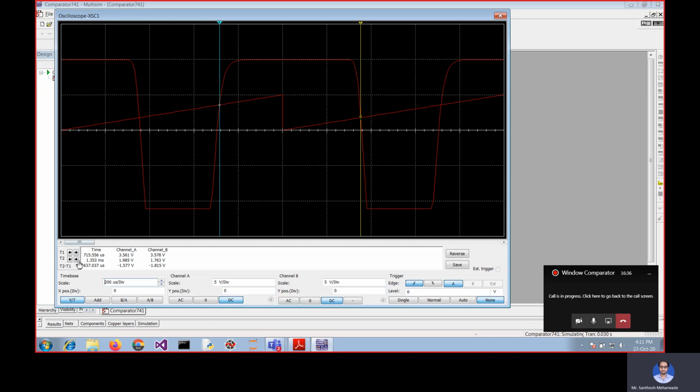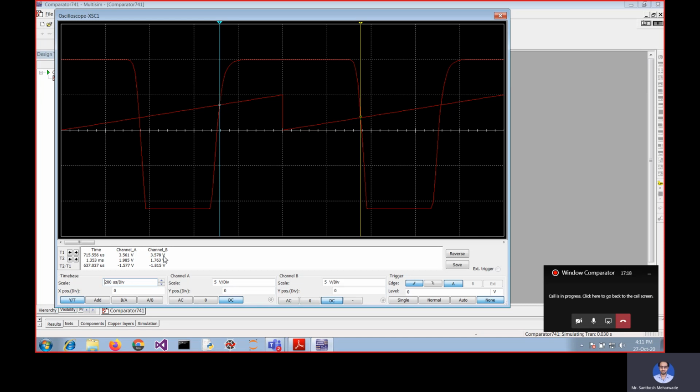Next, timeline 1 will be used to read the UTP. So now just refer here, timeline 1. The intersection point for channel A and channel B is 3.5, 3.5. So we are getting almost 3.5 volt. That is our UTP. That is two-thirds of VCC, and the VCC that we have applied is 5 volt. So 2 into 5 divided by 3, we will get 3.33 volt mathematically, but in practice we are getting 3.5.